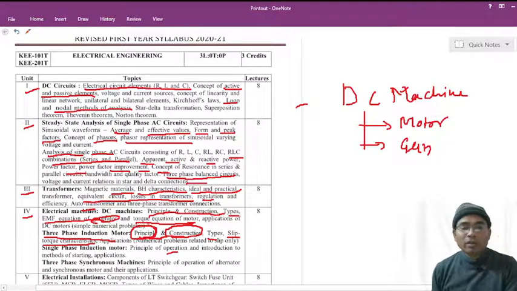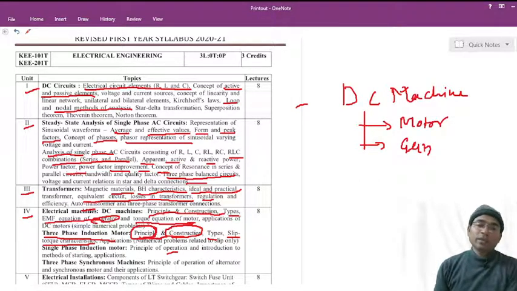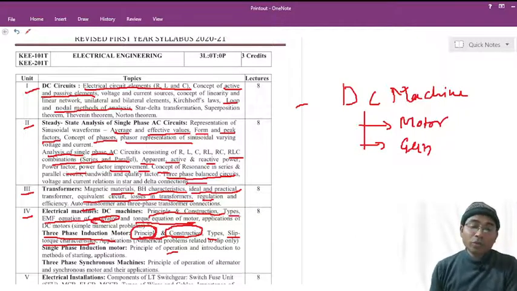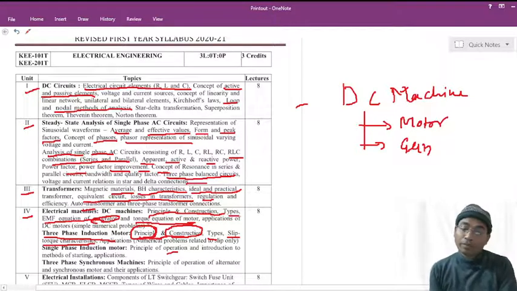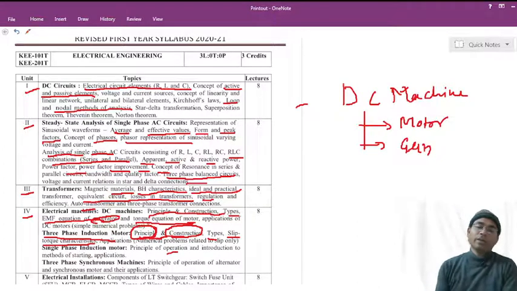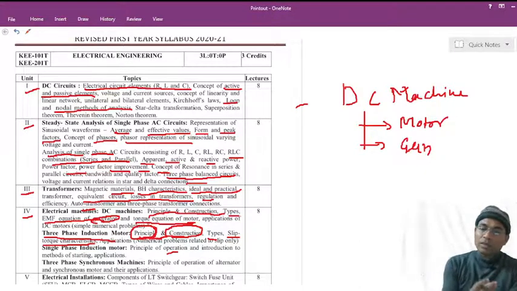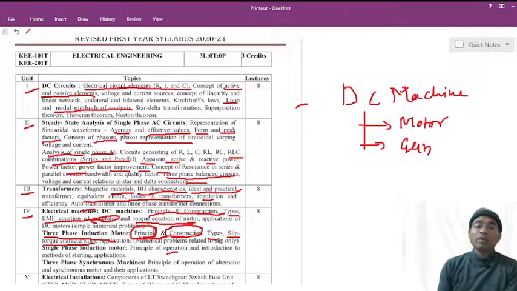So again, in this three-phase induction motor, because this motor is a very useful motor, as I have said that 90% motor used in industry are the three-phase induction motor. So here you are studying the principle, basic working principle, construction, and one important characteristic, that is the slip torque characteristic. With the help of these 2 or 3 topics, you will have some knowledge about you will develop some common